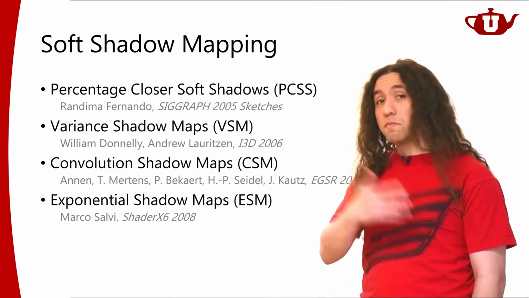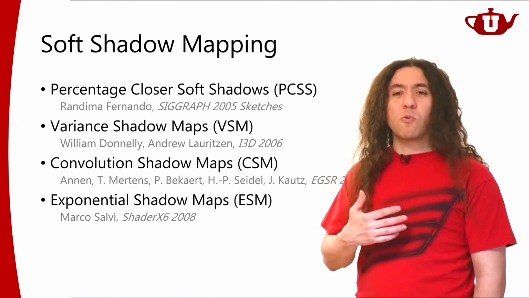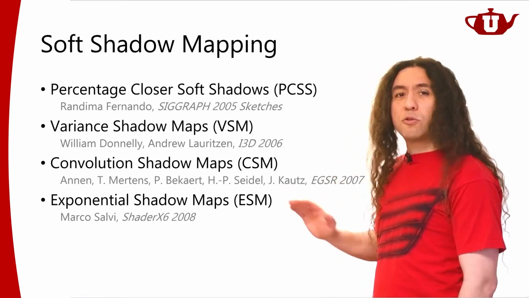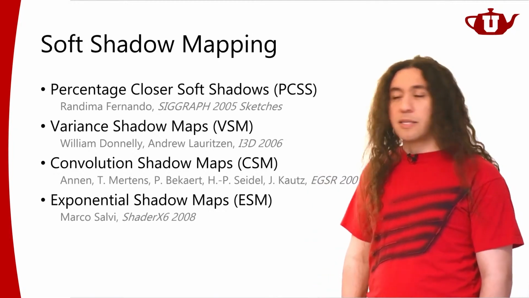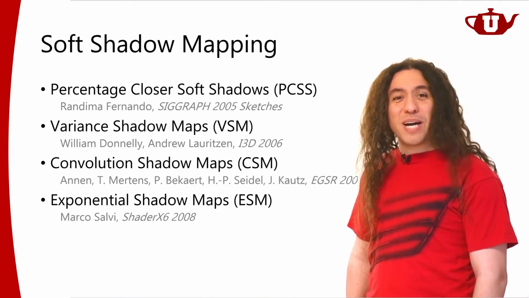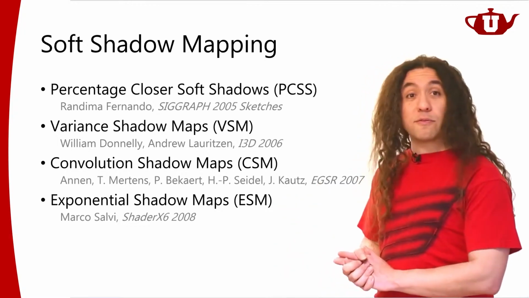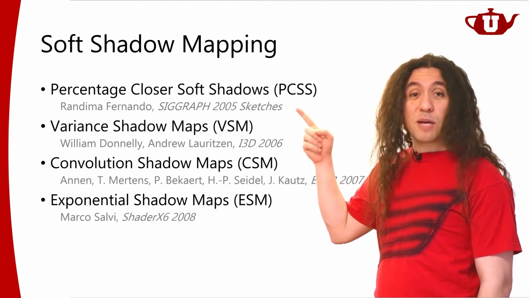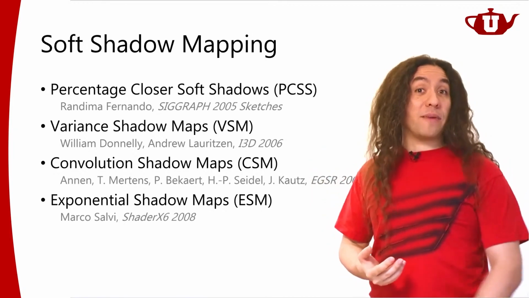So they filter the depth values, and using those, they approximate what the filtering result would be. I'm not planning to get into the details of these methods, not terribly important unless you're particularly interested in one or all of these methods. They're just using different formulations for approximating the result of percentage closure filtering. So they're approximating this, which is an approximation on its own. As you can expect, they're not perfect.